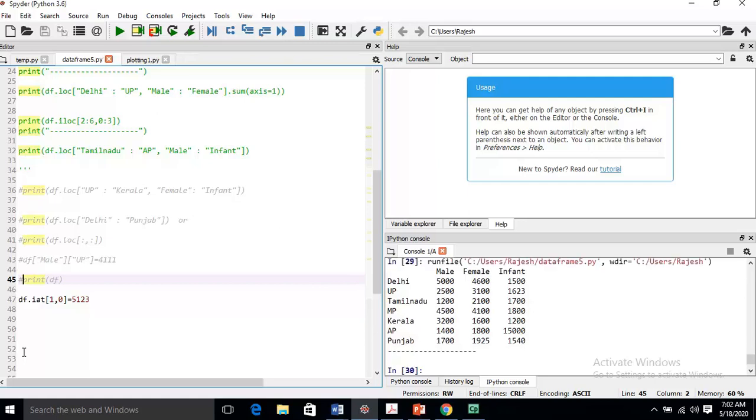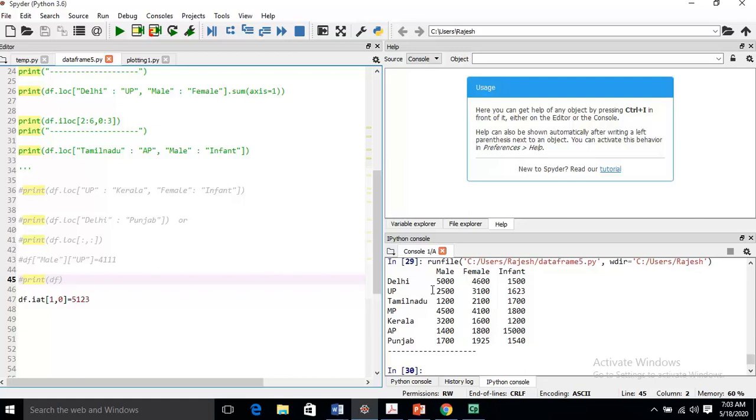You just see, df dot iat 1 comma 0. Is it working or not?